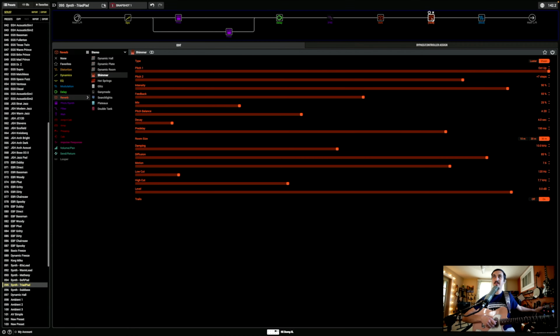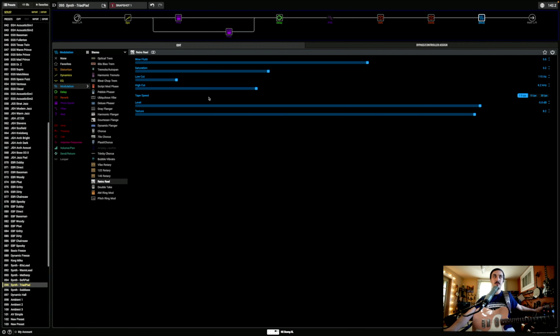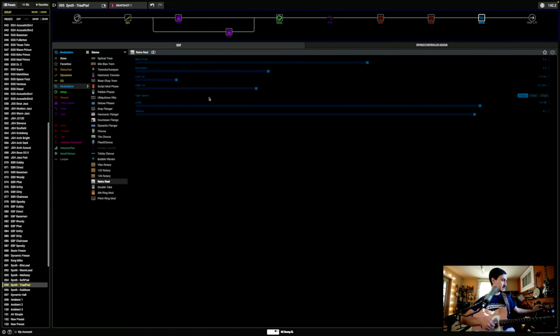And then I've added the retro reel all the way at the end after the reverbs, which helps warm up the sound and gets it in an area that might be a little bit more generically useful in different situations. I know this is a very digital sounding patch, and that's kind of what we ended up with here,